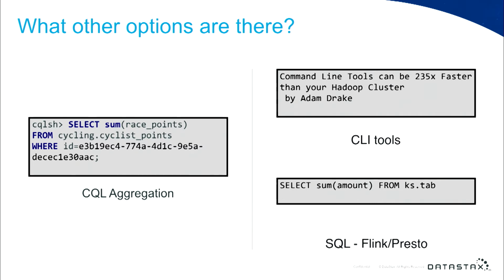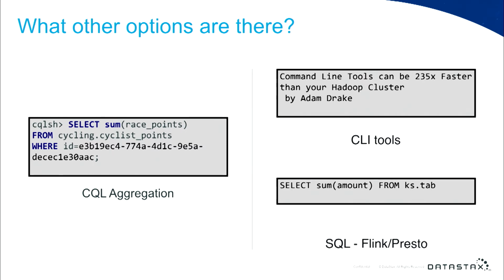There's an article here by Adam Drake, which I really like, called Command Line Tools Are 235 Times Faster Than Your Hadoop Cluster, which is a little bit of a tongue-in-cheek example, but he basically shows that he can do, I believe it's a Python script, that does the same aggregation work on a file that's several gigabytes large that takes a Hadoop implementation 10 minutes just to get started. Because there's a lot of overhead in setting up tasks and distributing data over the network and getting the data back and writing it to HDFS and back and forth. So it definitely pays to think about how big is the task you're working with, and what do you need to do with it?